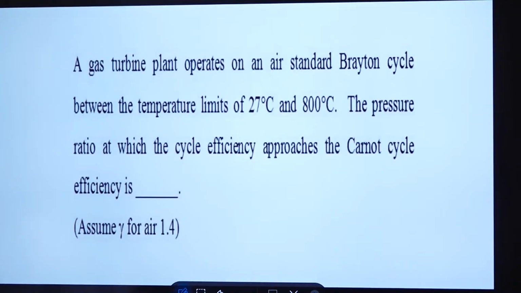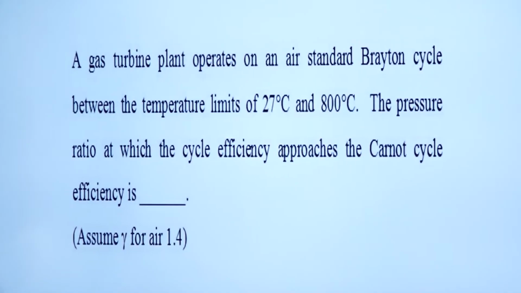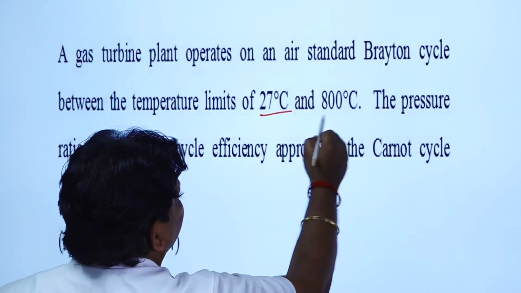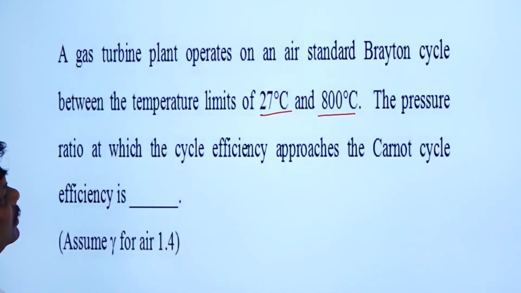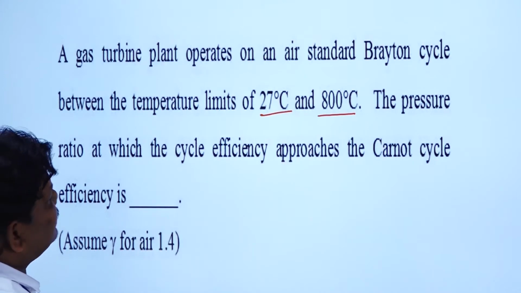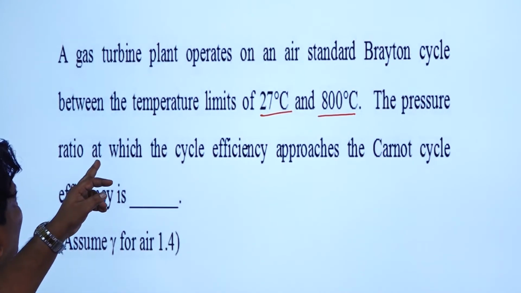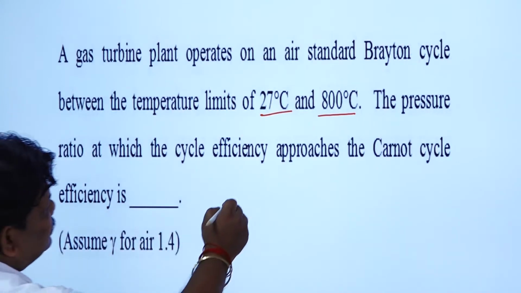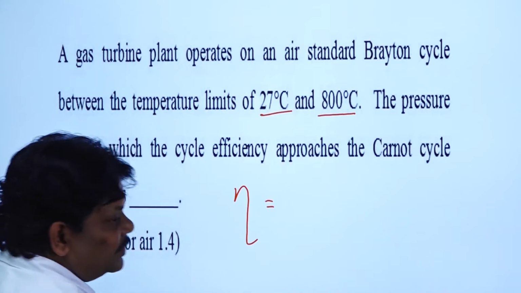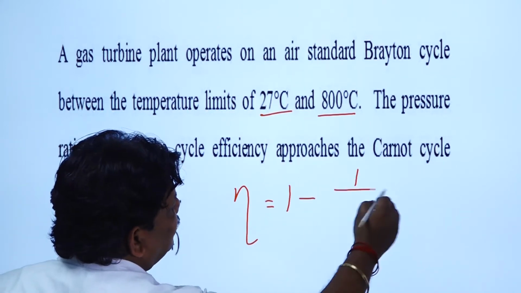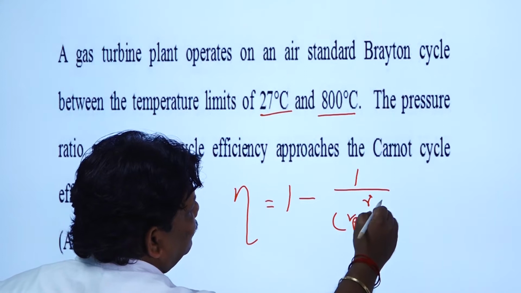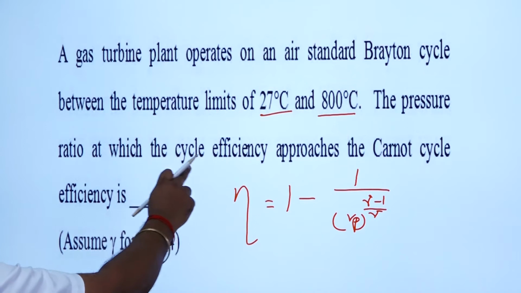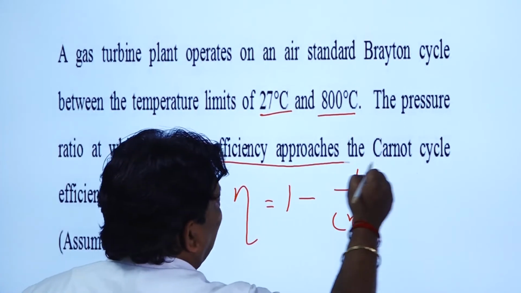So the next is, a gas turbine plant operates on an air standard Brayton cycle between the temperature limits, 27 degrees centigrade and 800 degrees centigrade. Find the pressure ratio at which the cycle efficiency approaches the Carnot cycle efficiency. So eta, the formula is known to you: 1 minus 1 by Rp whole power (gamma minus 1) by gamma. A hint is given to you: the pressure ratio at which the cycle efficiency approaches